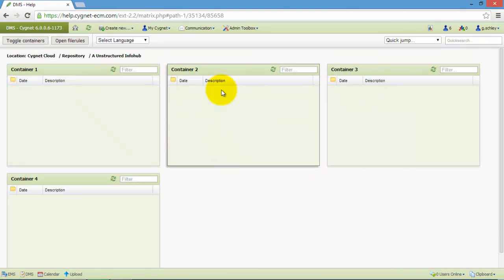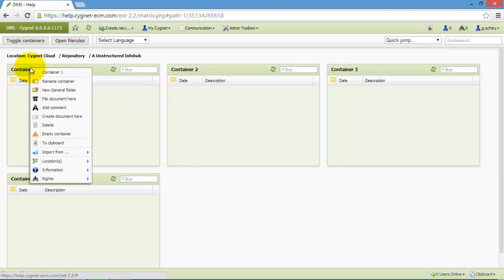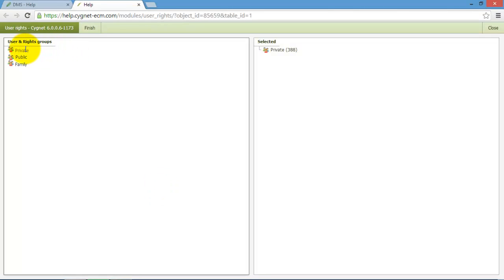We then need to define what the user can see within the info hub. So we go down into the container, we can do a right mouse button, we go to rights, view, and modify. On the left hand side we'll then see we have the private, the public and the family, and on the right hand side we'll see that currently private is the only one that has access. If we then open up the public folder, we'll see that classmate is also in there. We can drag them from the left to the right, and now classmate will have access to this. We can then finish